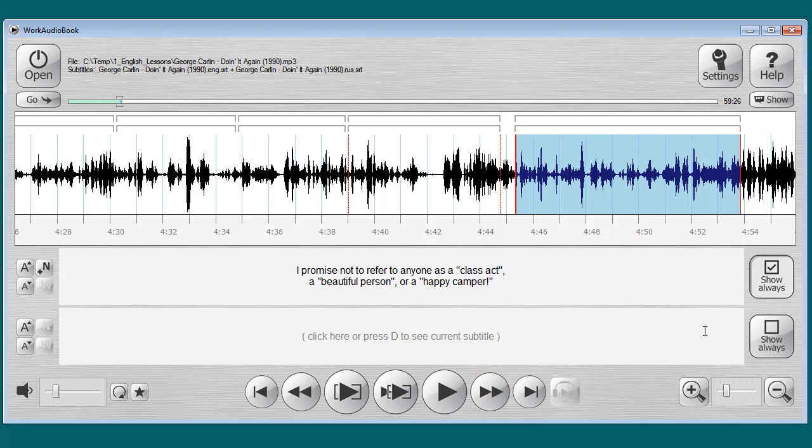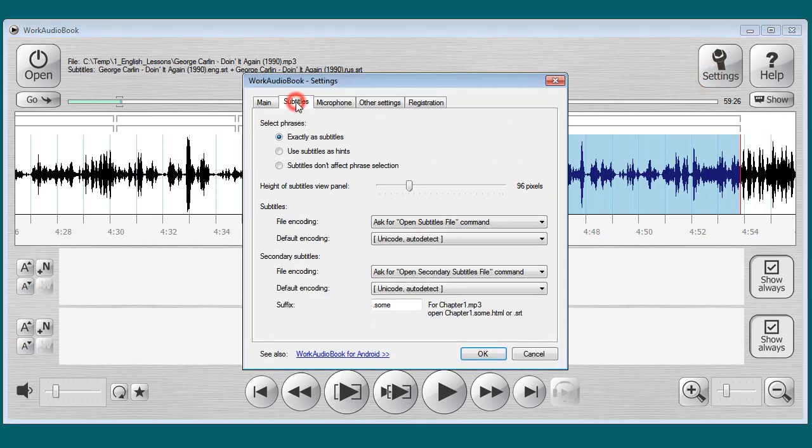Well, for now turn the subtitles on to make it easier to explain the rest of the settings and functions. Buttons with the letter A adjust the font size. Also in the settings there is a parameter that sets the height of the subtitle area, in case you want to make it larger or smaller. For example,